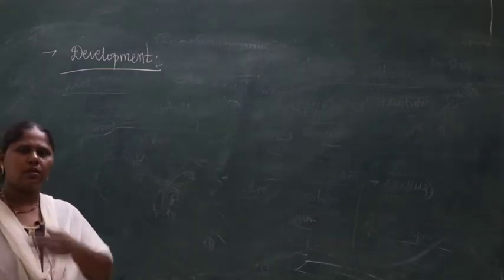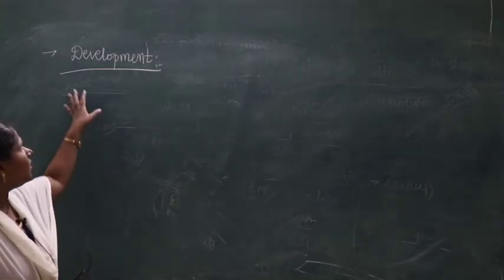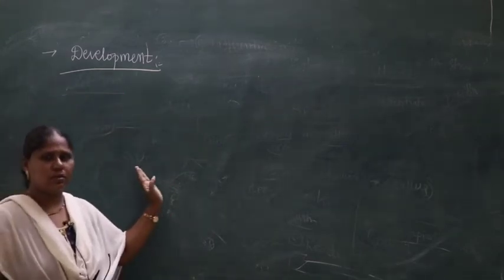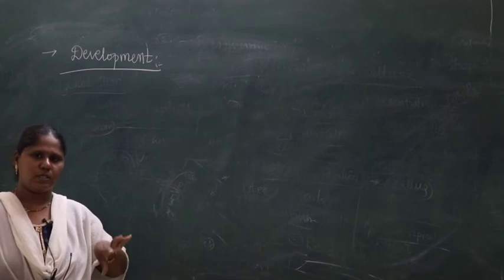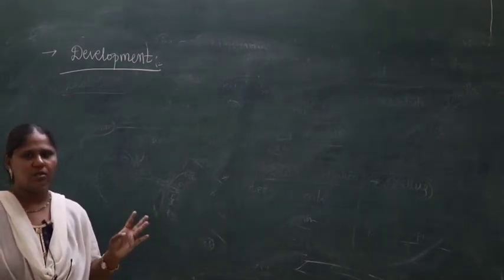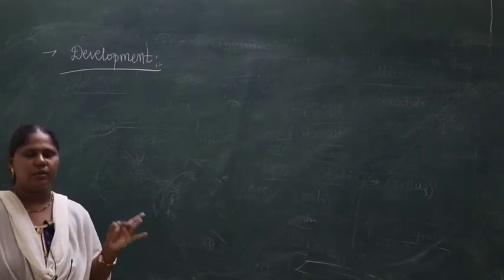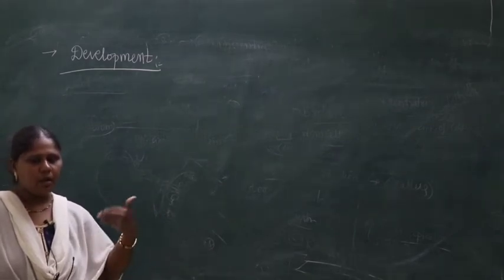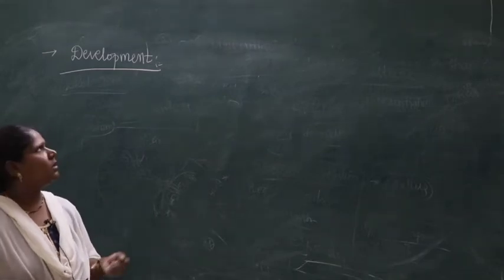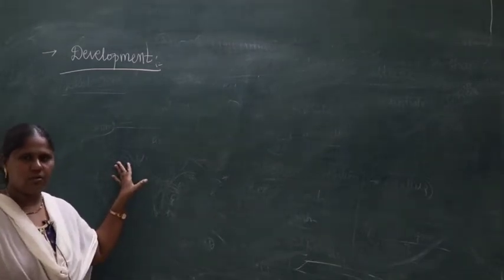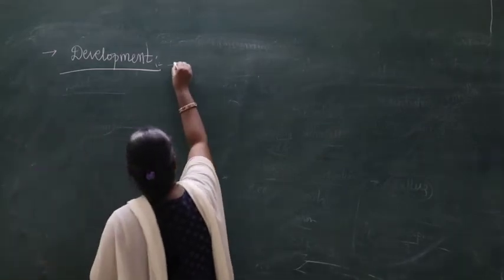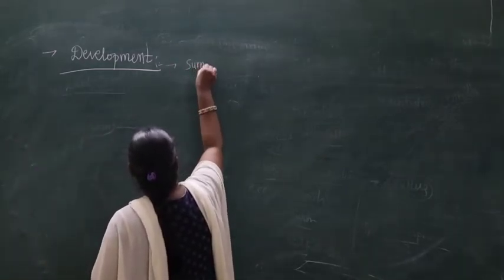Now what is called development? Let us talk about a small process, but you know we studied about growth processes. Growth processes are three: differentiation, de-differentiation, redifferentiation. Further continue, let us see what is meant by development. So let us write the definition, listen carefully. Development is defined as the process of or sum of